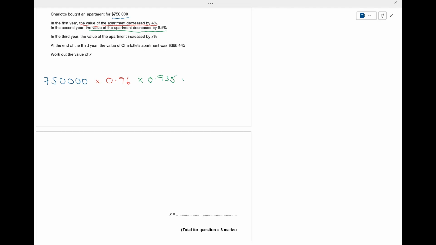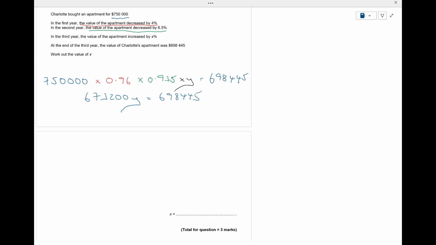Okay, so I'm just going to say multiplied by, and choose a random variable here. Let's choose y, multiplied by y. And that equals 698,445. So now I've got an equation there which I can solve for y. If I do 750,000 times 0.96 times 0.935, then I get 673,200 times y equals